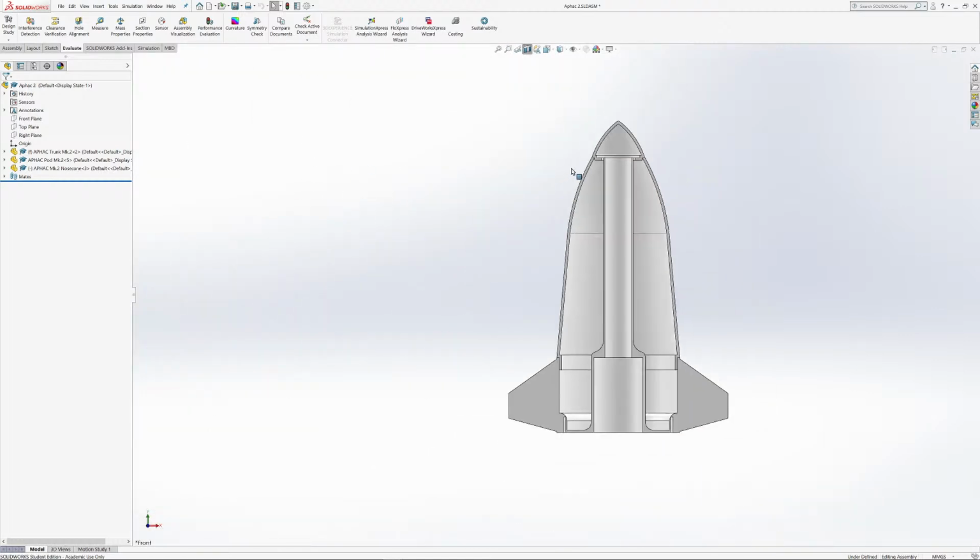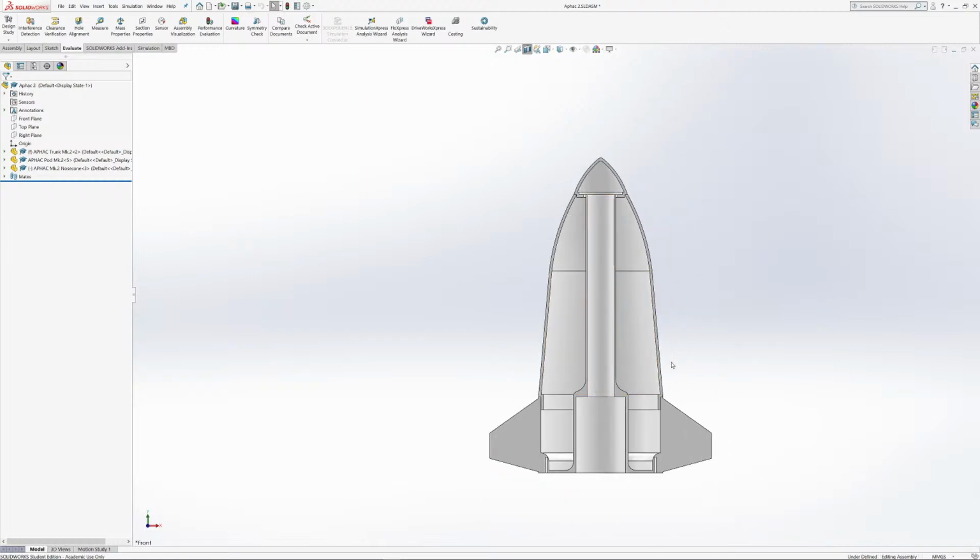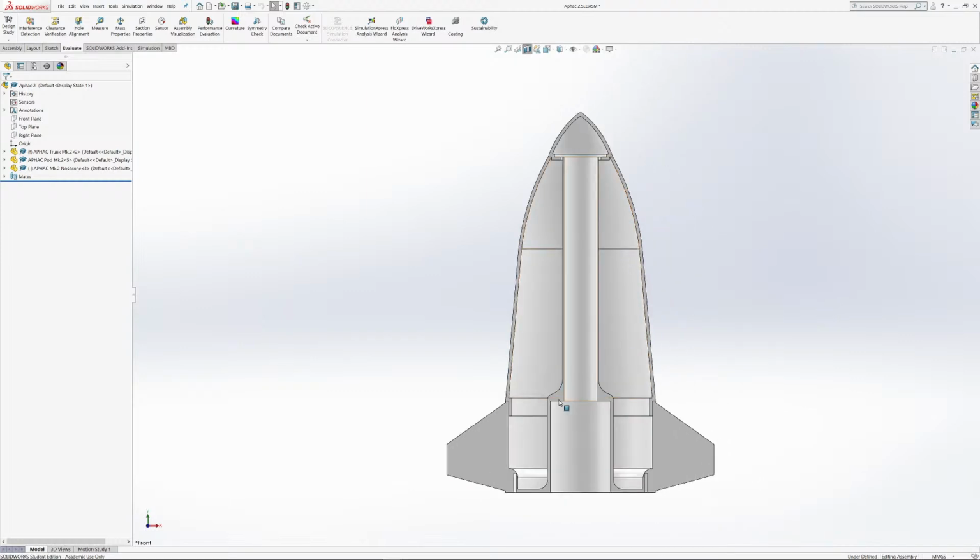So yeah, you can see that we've now smoothed it out a lot, and more than just smoothing it out, we've made it more structurally sound. And the APHAC really comes apart into 3 different pieces, and there's a really good reason for that. The reason is this part up here holds in the parachute, and when the exhaust comes up through here, the ejection charge, which if you don't really know what a parachute ejection charge is, go look at the first